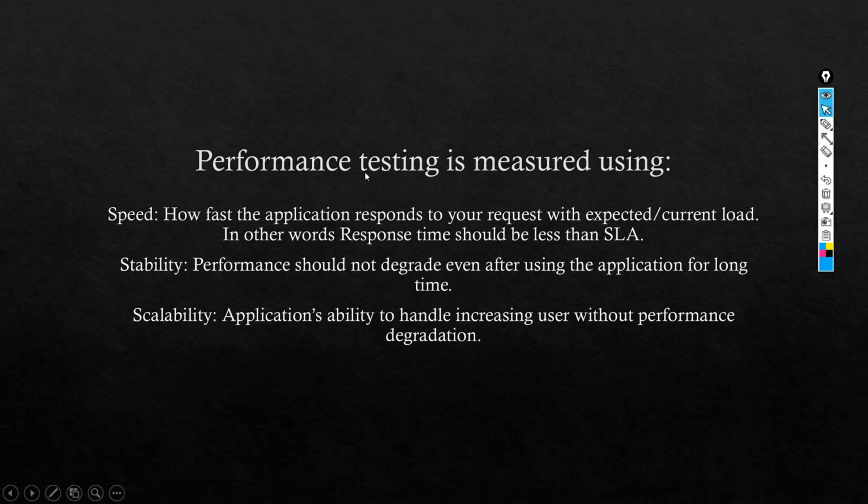Performance testing is measured using speed, stability, and scalability. Now remember these three words: speed, stability, and scalability. I will relate these three words to the different types of testing in some time from now. Okay, so now at least we have a high level idea about what these terms are: speed, stability, and scalability. Now we will move on to the next